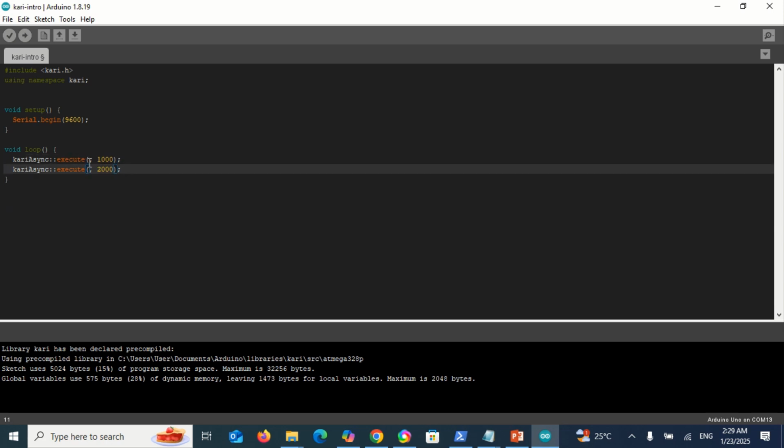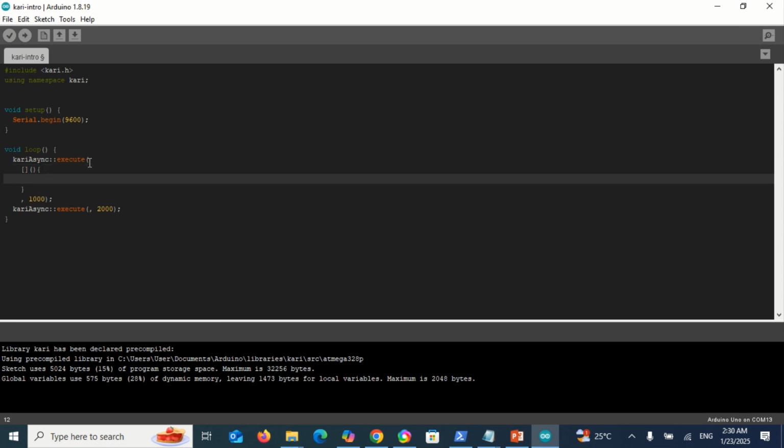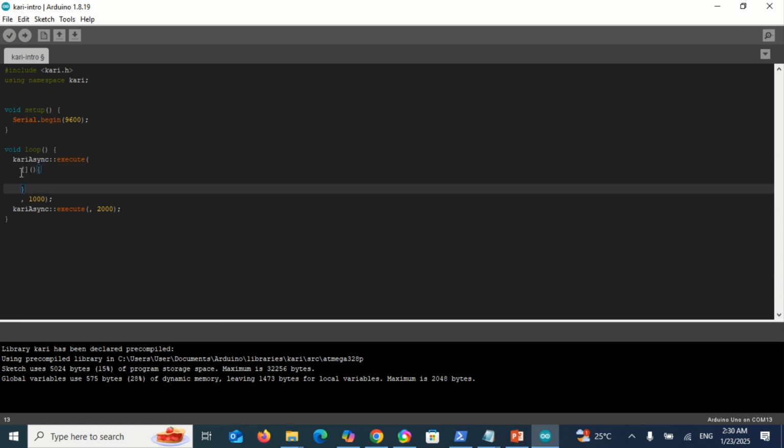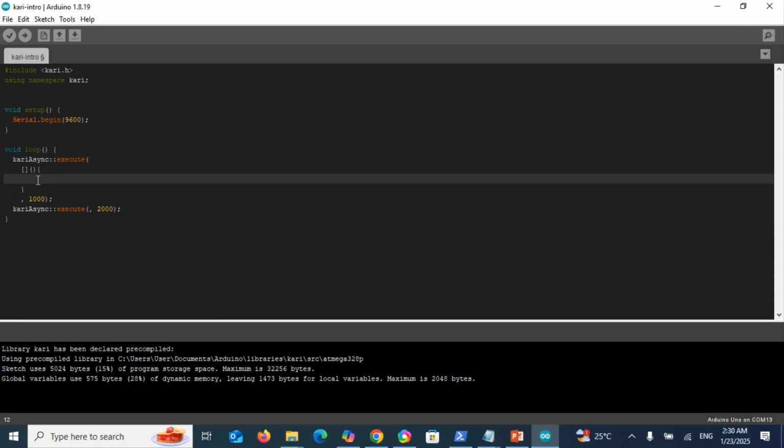So what kariAsync also enables you to do is to write what we call lambda expressions, and the way you write a lambda expression is as follows: square brackets and then parentheses and then curly braces. This is what we call a lambda expression. kariAsync will take this one as just a function. So because a lambda expression is also a function, so any code that you specify